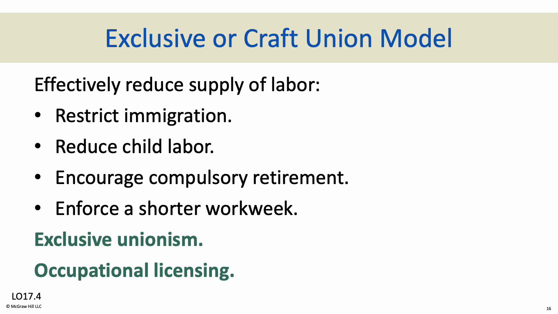Craft unions also may do things like this: encourage compulsory retirement. What's an example of this? Airline pilots. Airline pilots generally have to retire fully from commercial service by the age of 65. They are unionized. Obviously, there are some very good reasons why. Very elderly pilots often won't have the reflexes anymore or anything like that, but that's an example of a compulsory retirement. Once a pilot hits 65 years old, they have to retire from flying commercial planes.